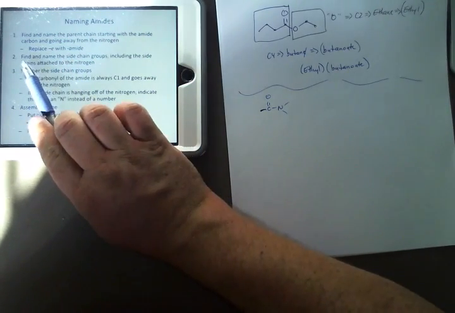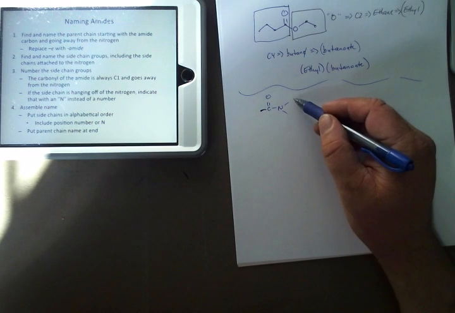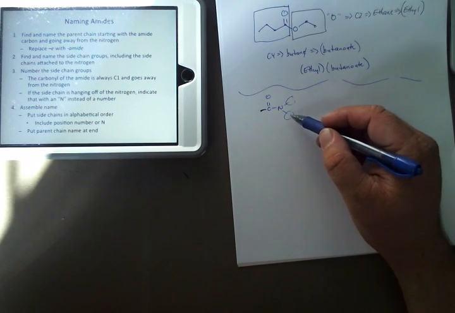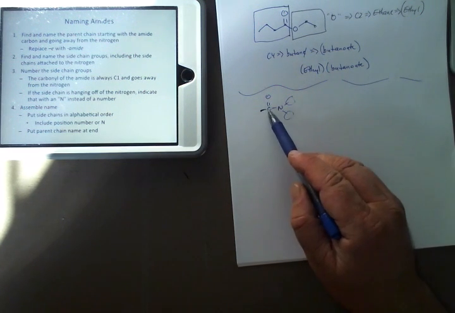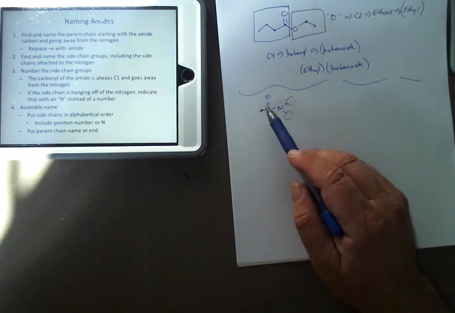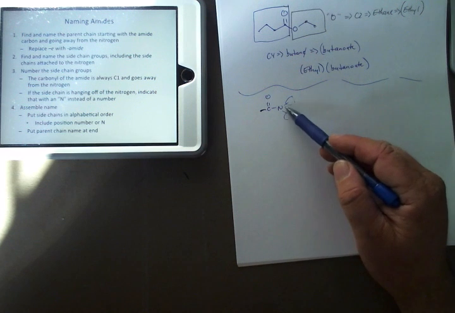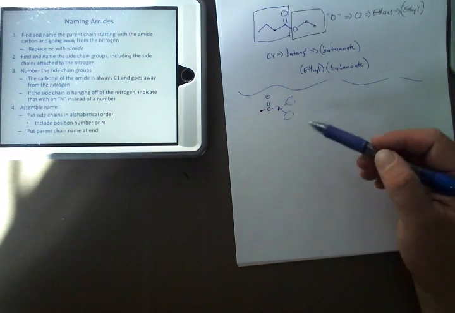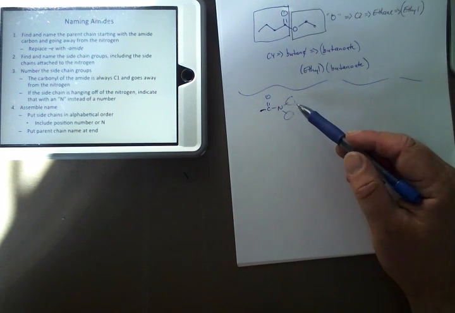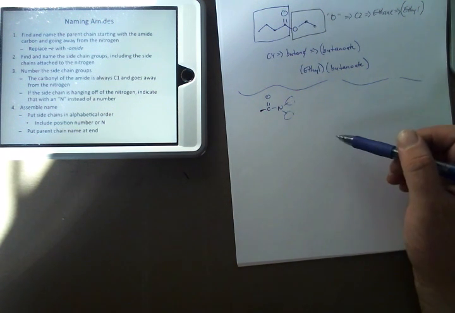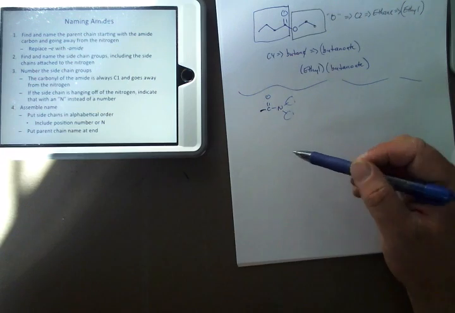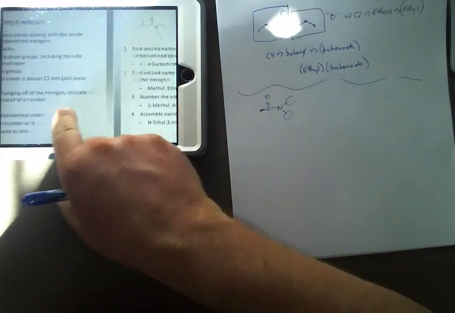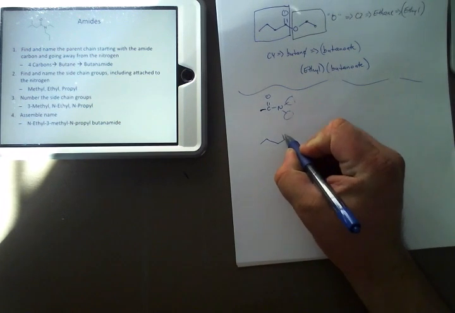But you're going to find and name all the side chains then. The groups hanging off the nitrogen are going to be considered just side chains. If they're hanging off of the C double bond O side, you just name them with the normal numbers. If they're hanging off the nitrogen, instead of a number, you put an N in front of it. Okay, and that just indicates it's hanging off that nitrogen. Then you put the side chains in order. It doesn't matter about the numbers or the Ns. Just make sure you put them in front, they go together alphabetically, and then put the parent chain at the end. Okay, and so if we have something like this,